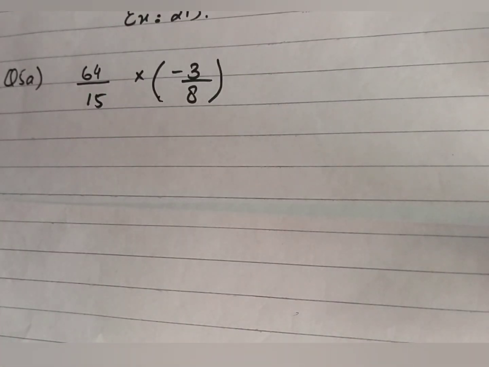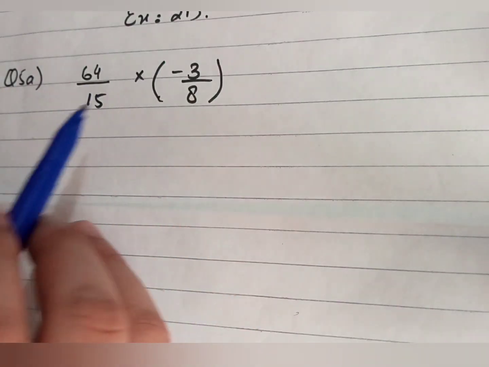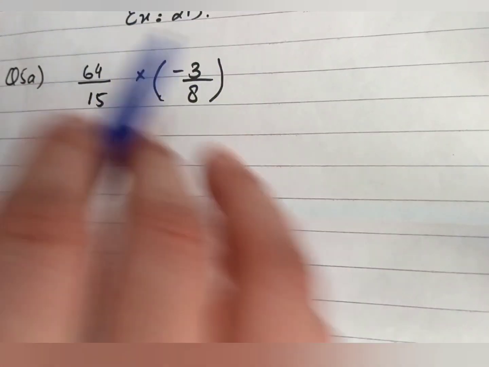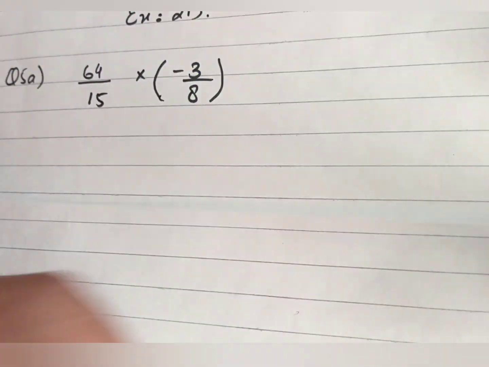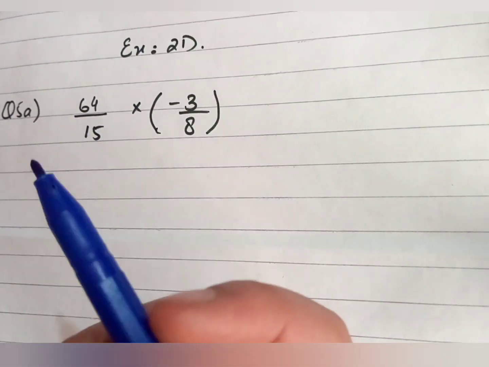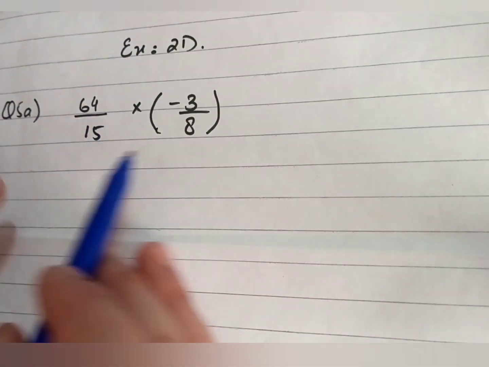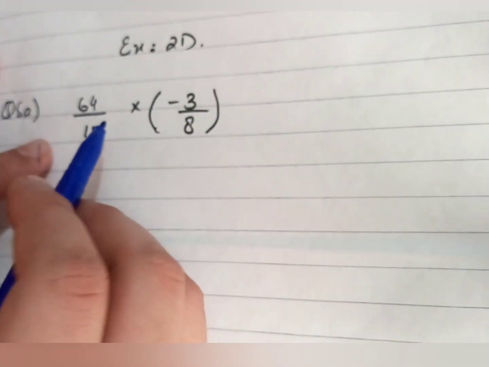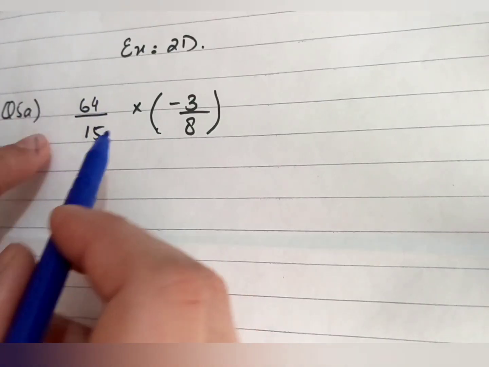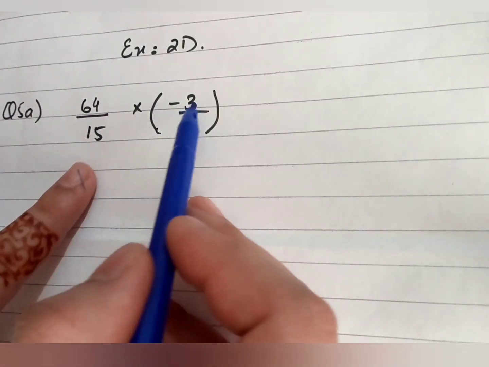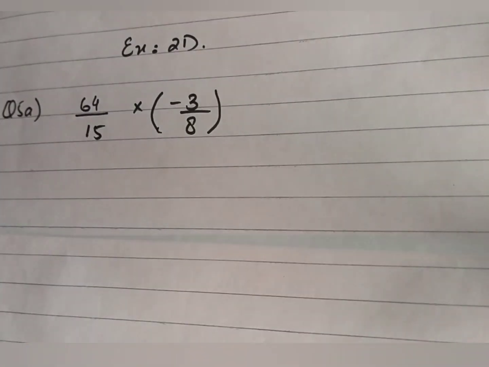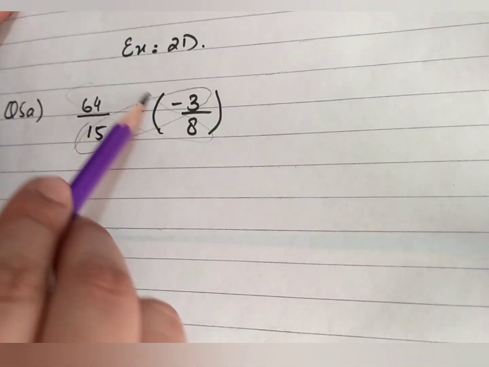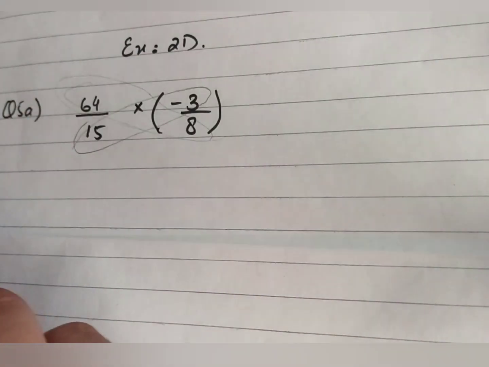Bismillahirrahmanirrahim. Students, in question 5 part A we have some fractions involving the bracket sign as well as the multiplication or minus sign. Firstly, when there is a multiplication, there is no need to take the LCM. As I told you in my previous question, you just have to cut out the terms. Now look at this question and see if any cutting is possible. Yes, if I observe the cross terms, 15 and 3 come in the same table, as well as 8 and 64. So we'll do the cross cutting.